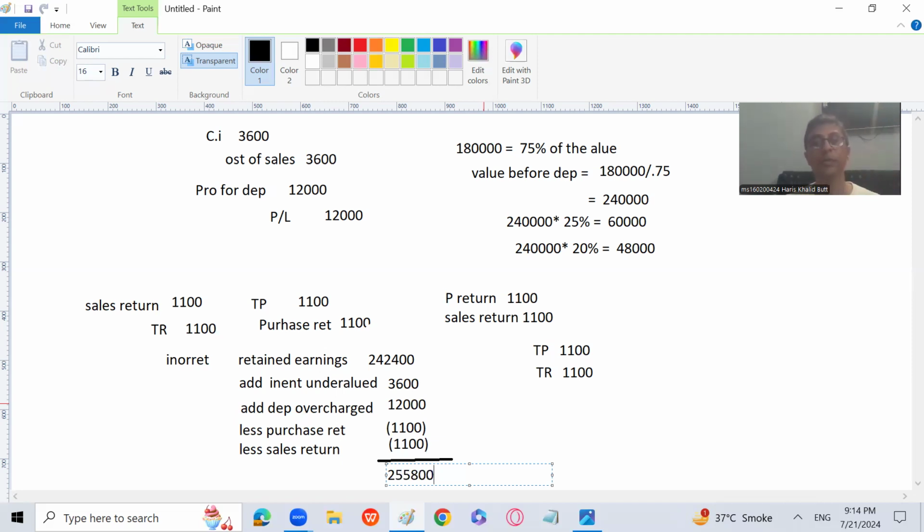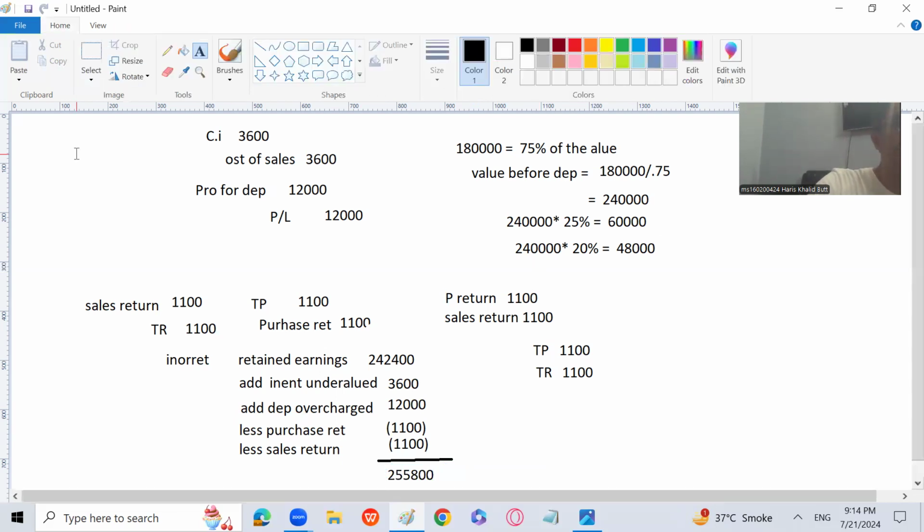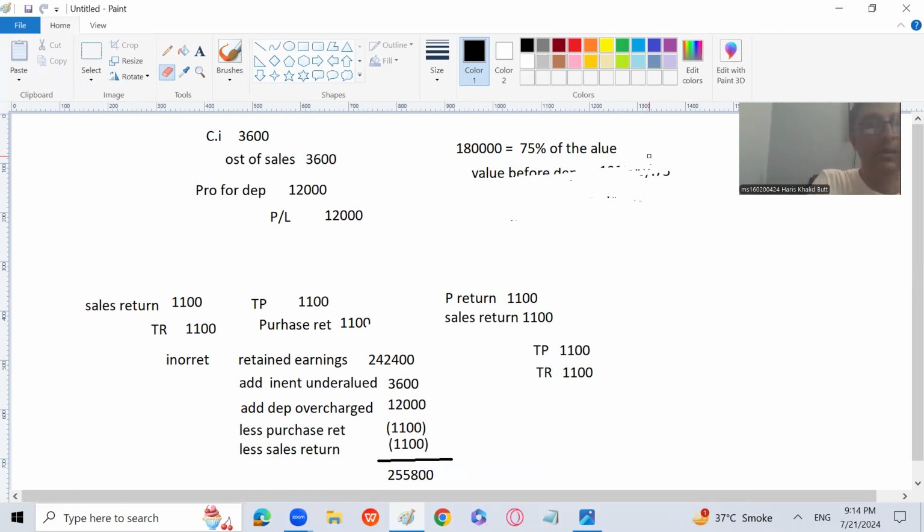Right now, I'm going to prepare the balance sheet, because the question has demanded that we prepare the corrected balance sheet. So let's prepare the corrected balance sheet. I'm erasing this part because it's not needed anymore. I'm going to prepare the balance sheet over here so that the retained earnings portion will also be in front of you, because all those things which affect the retained earnings will also be taken into account in the